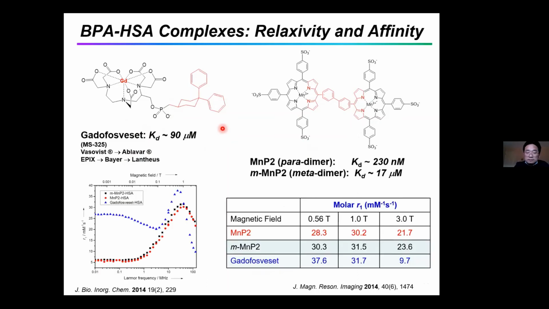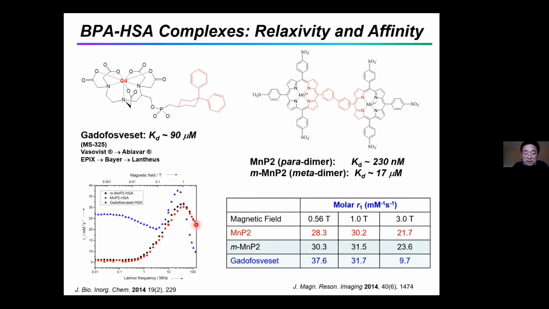And we measured the relaxivity of our manganese-porphyrin in comparison with Ablavar. As you can see, upon binding to human serum albumin, Ablavar has a drastic increase in relaxivity. However, the relaxivity really peaks below the clinical field of 1 Tesla, and it decreases sharply as the field increases. In our case, the manganese-porphyrin has higher relaxivity at high field, and it decreases, but not as